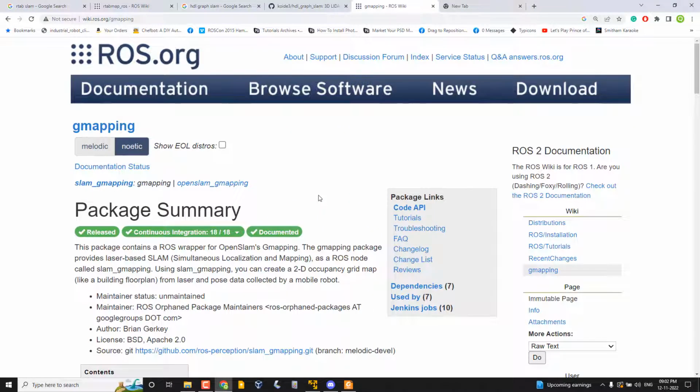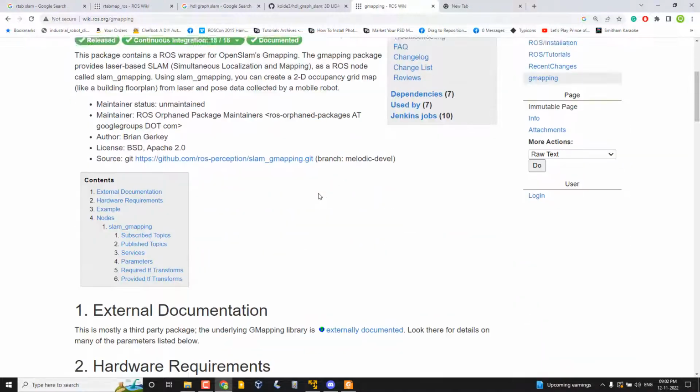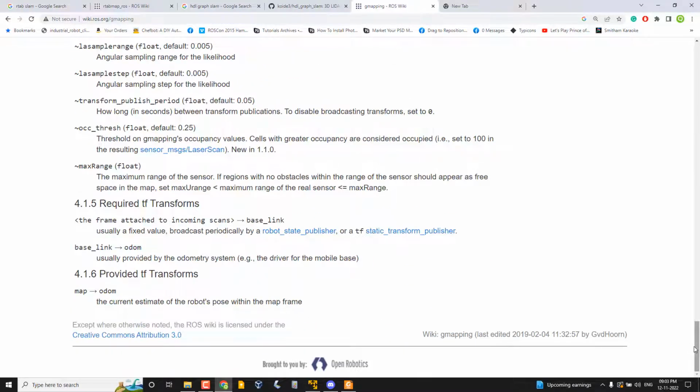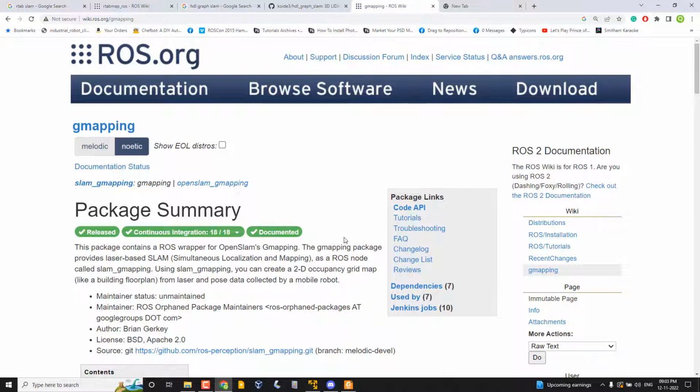Okay. Regarding the packages available in ROS related to SLAM, there are many packages available. So we can categorize SLAM as 2D SLAM, which basically creates the map of the environment in a 2D map, and 3D SLAM, which basically creates a 3D point cloud. And visual SLAM also considers the camera,